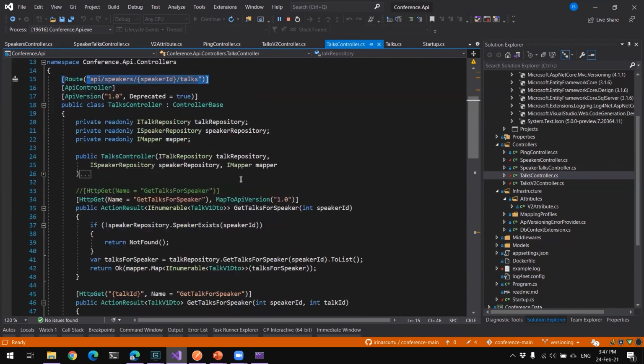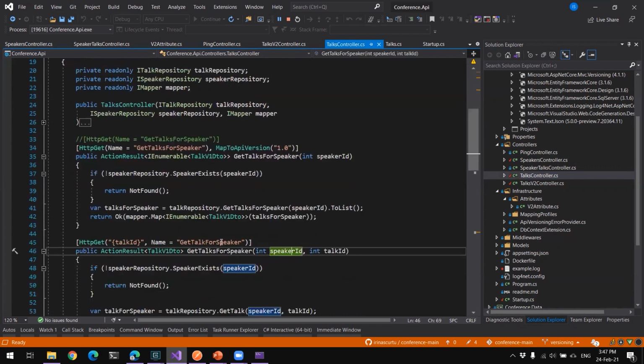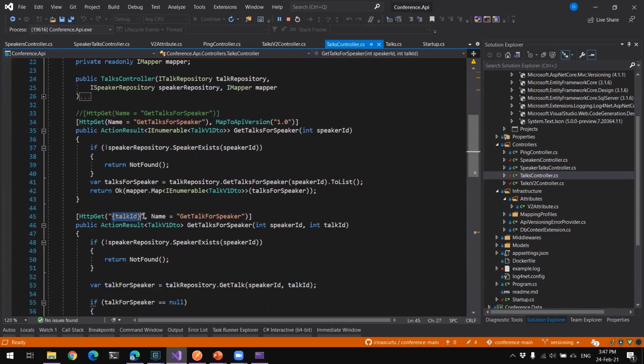So you can, let's say, get talks for a speaker, speaker 1/talks. You want all the talks for a specific speaker. So you add here 2 parameters, speaker ID and the talk ID, maybe. And you add the parameter for the specific action. So this gets linked from the URL, and this also gets linked from the URL.